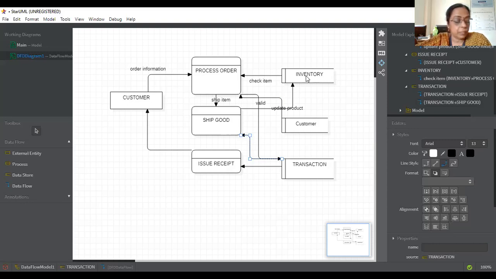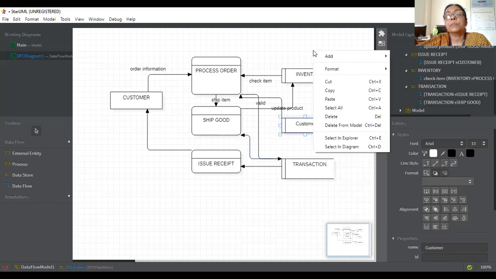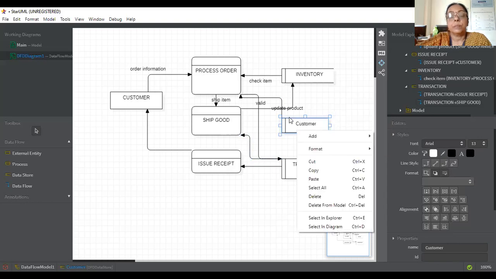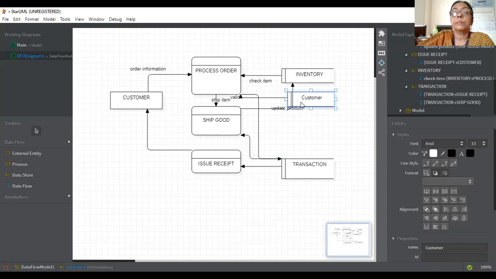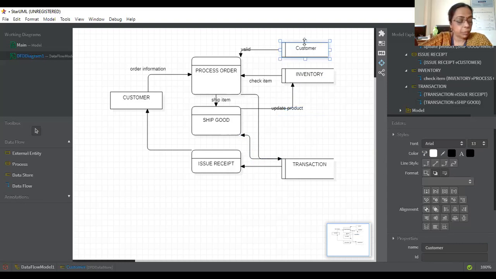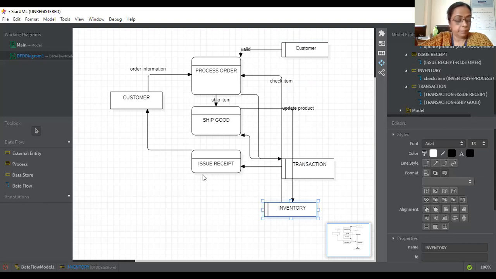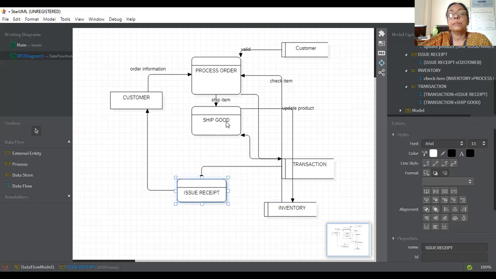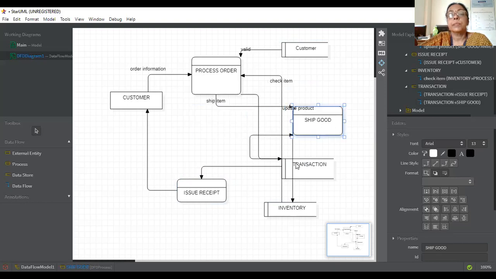You can correct it. How can you correct it? If you take your customer like here, and you can move them like this.